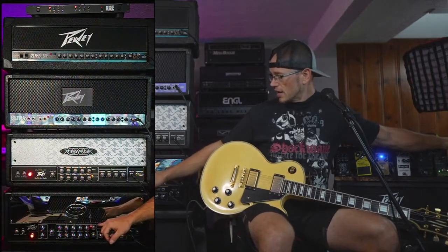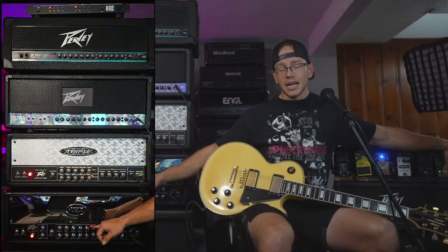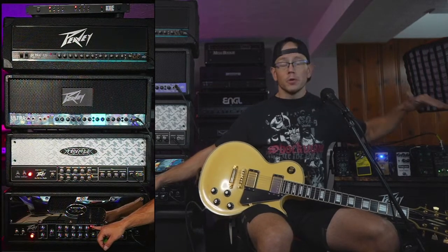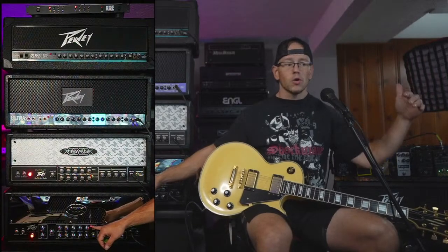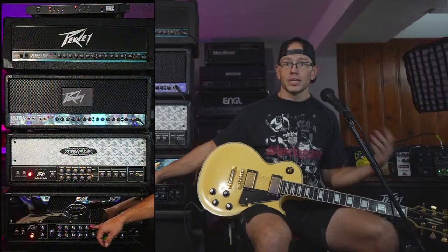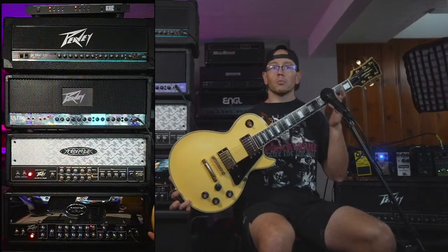It's ridiculous. So we were on the Ultra channel with the fat switch engaged. I'm going to click the fat switch off, and I'm going to dial in a tone with no boost in the signal, just to show you how ridiculously tight and gainy these amps are without a boost in front of it. As far as the guitar, I should have mentioned, I am playing my Edwards ELP